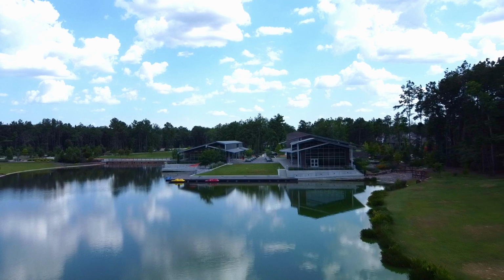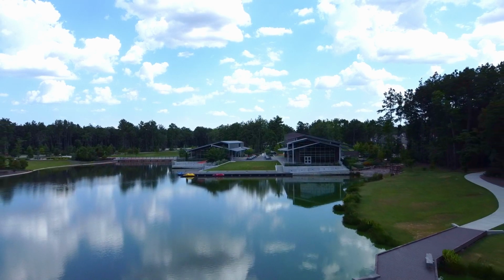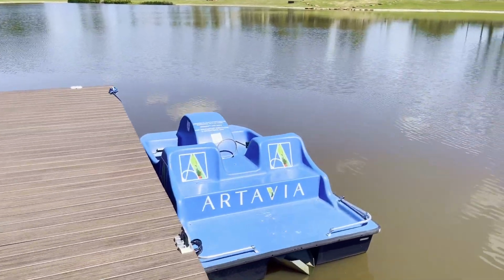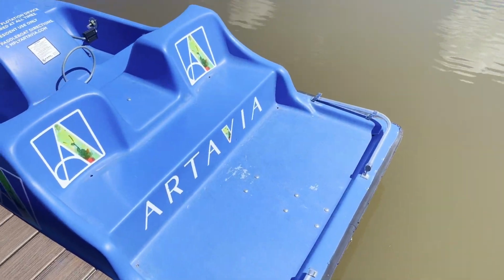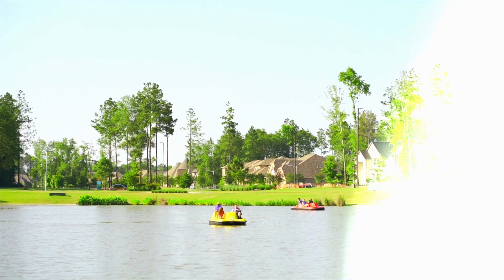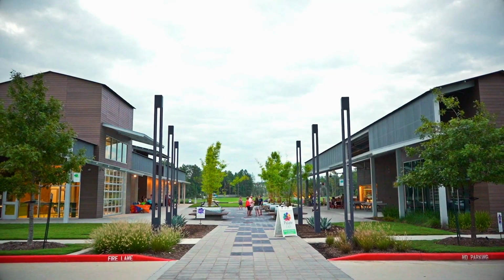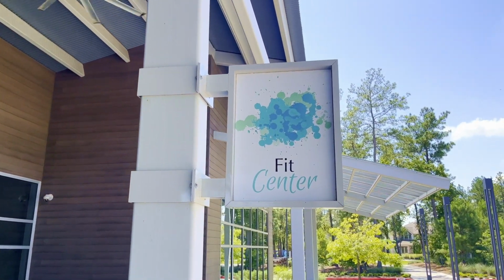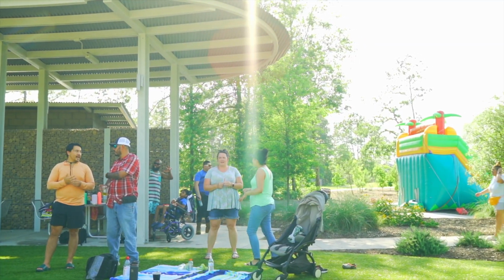Dapple Park is at the center of the community. A 5-acre community lake meets up with the amenity center, where you can rent paddle boats. In the amenity center, you can find the Fit Center, gathering spaces,